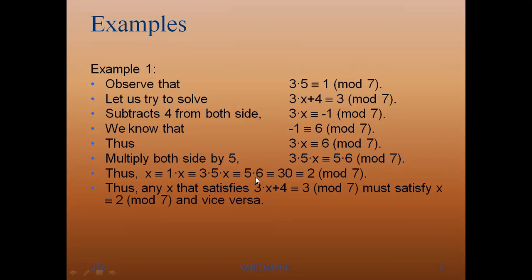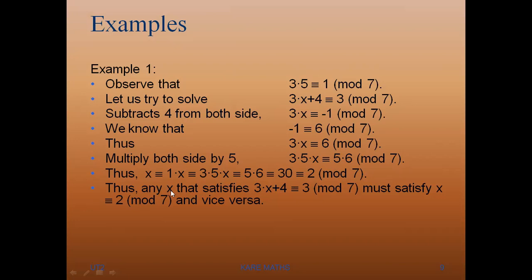That is congruent to 5 6s are 30. Okay. Again 30 is congruent to, so what do we have here now? 2 modulo 7. If I divide 30 by 7, what do I get here? 7 4s are 28. Okay. So what is the remainder over there? 2 is the remainder, that is 30 minus 28. I'm just dividing by 7. 7 4s are 28. The remainder is going to be 2. So here 30 congruent to 2 mod 7.